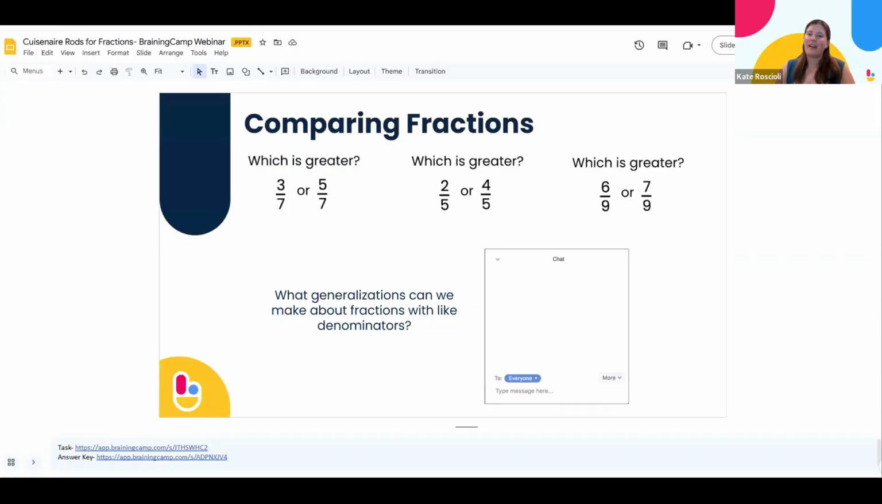All right, let's try another set of tasks. Let's see if you can figure out